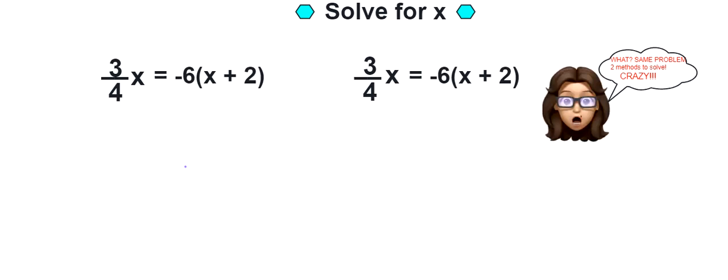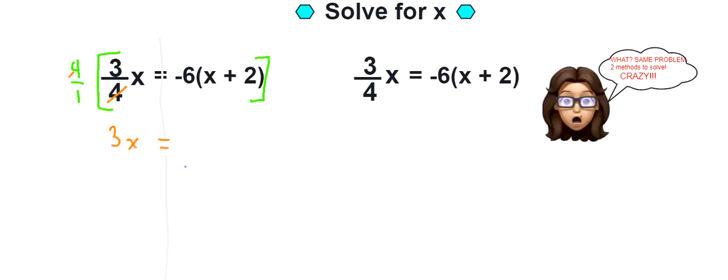All right, so what do I want to do first? I'm going to draw that line down through the equal sign to separate the two sides. Then I have an idea here that might help you out a little bit. You see how the denominator of the fraction is a 4? Well, if we multiply both sides of the equation by 4, which is 4/1, your fraction's going to be gone because these will reduce out. And I just get 3x